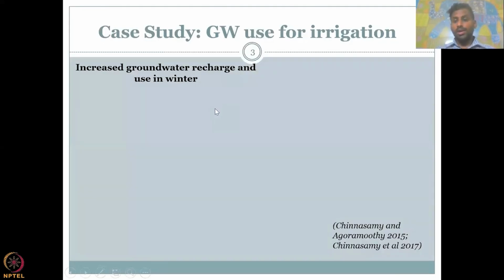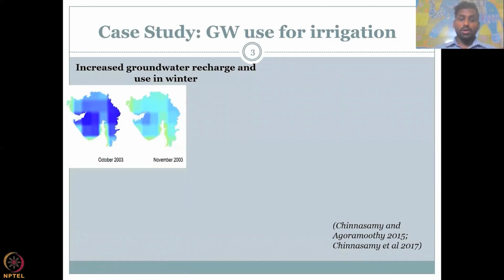Moving on, let's look at some case studies to see how the data change or come in common agreement between studies and some of the international studies on groundwater use in India. As we know, groundwater is used mostly in the non-monsoon season, because during monsoon you have the kharif crops where the crops get direct rainfall and grow just by the rainfall in nature. Whereas in the Rabi season, groundwater irrigation is similar.